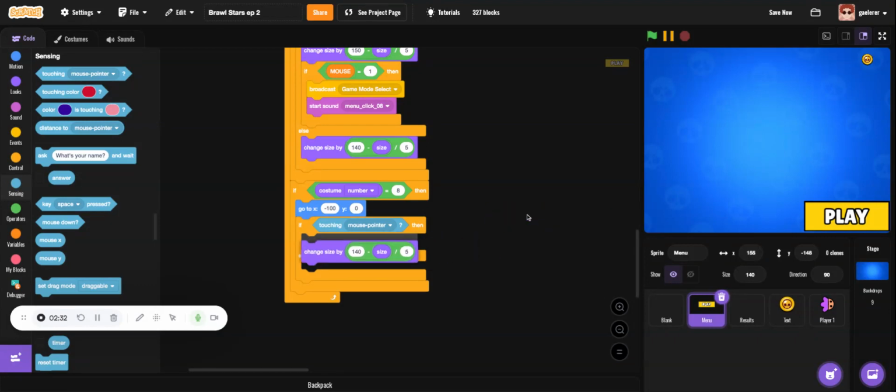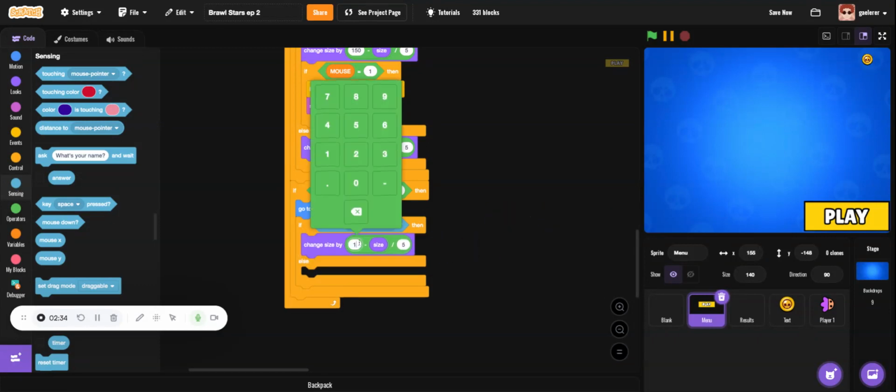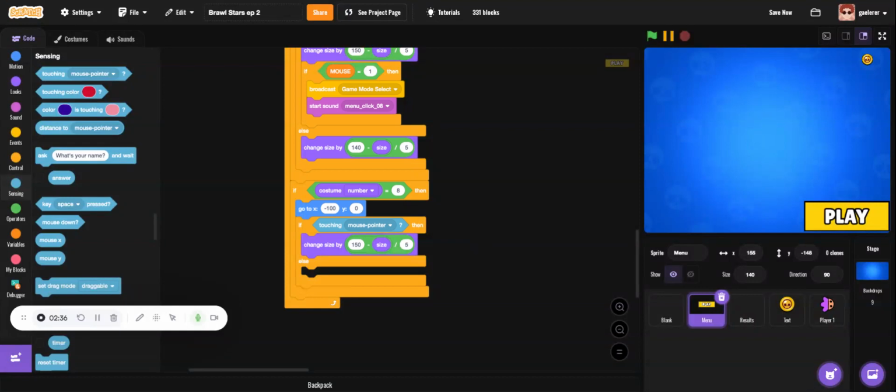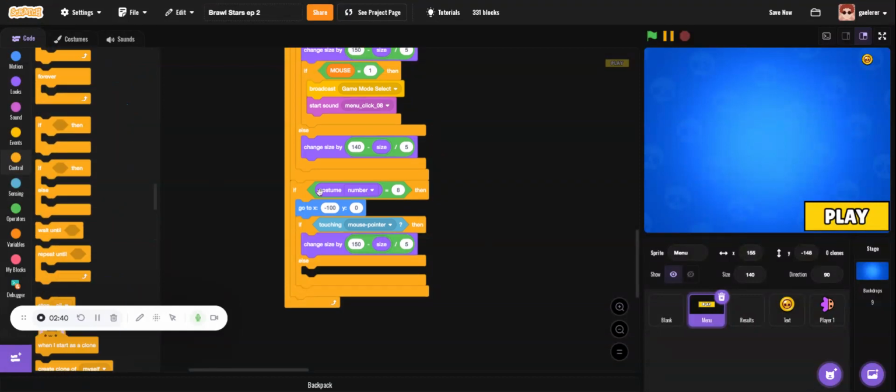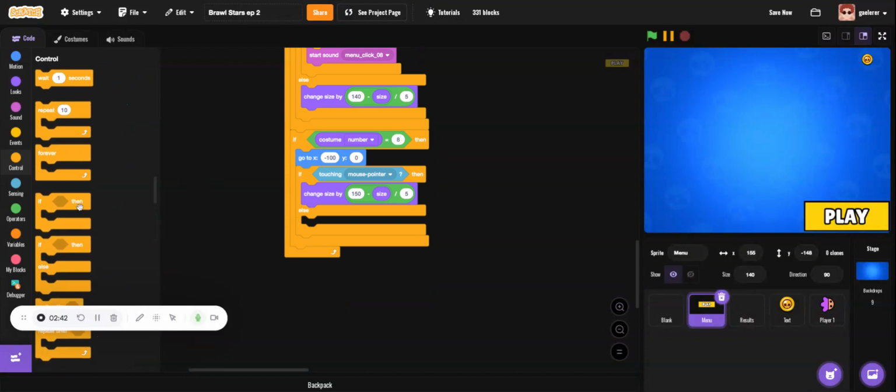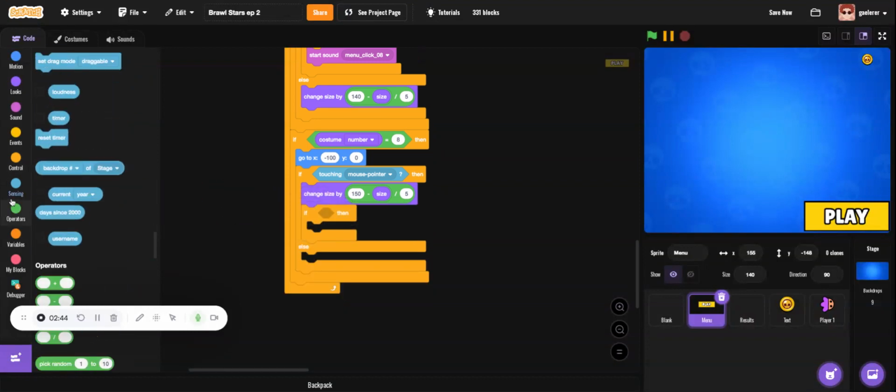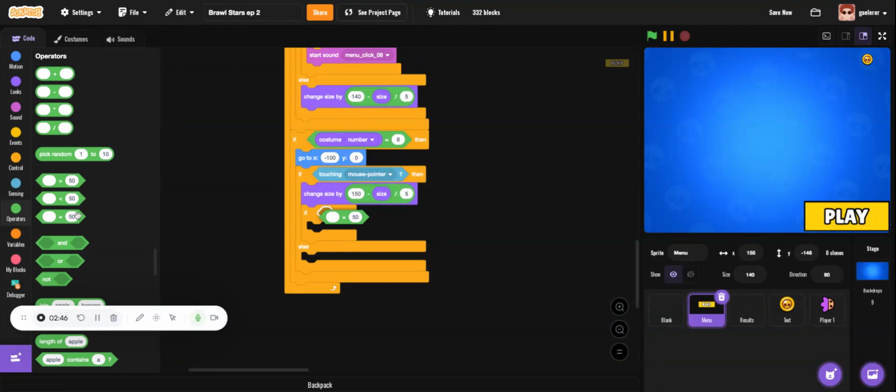Look at this, and change size by 150 minus size divided by 5. If mouse is equal to 1,